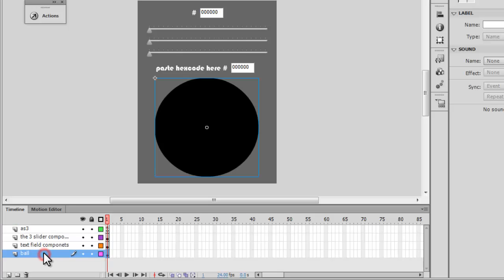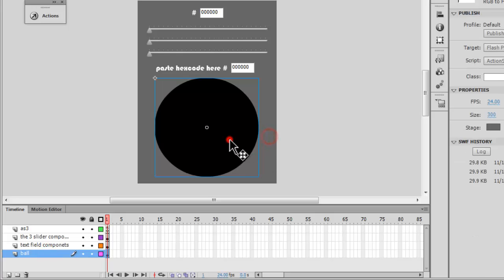So these are the four different layers, people, and they host different objects. The top layer is hosting the script, then we have the three sliders, then we have the different text fields and text field components, and then we have the movie clip ball,